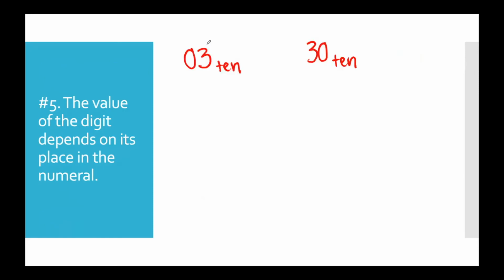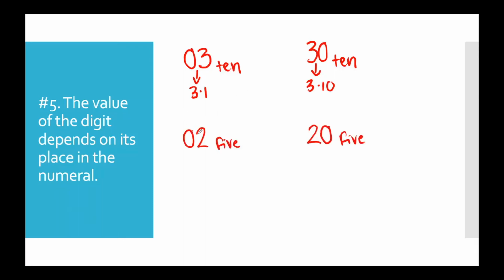We know in base 10 that the number 3 and the number 30 represent very different values. But why? In the number 3, the 3 represents 3 groups of 1, and in the number 30, the 3 represents 3 groups of 10, so these numbers have a different value. Same concept with every other base number system.